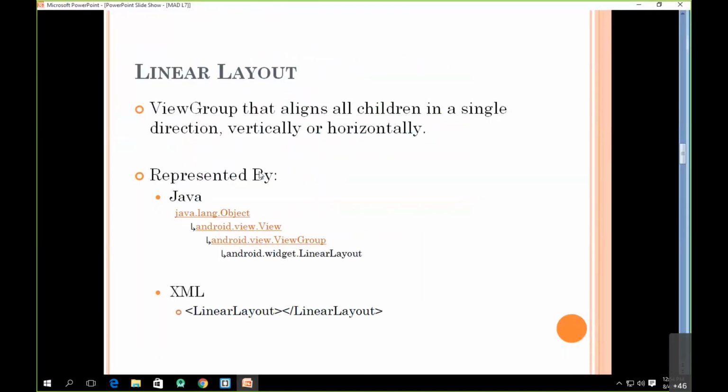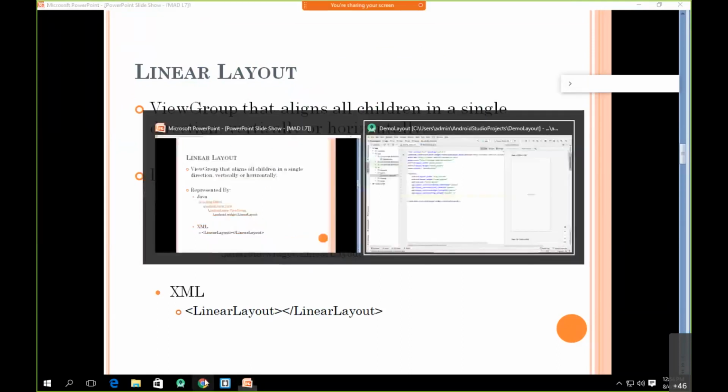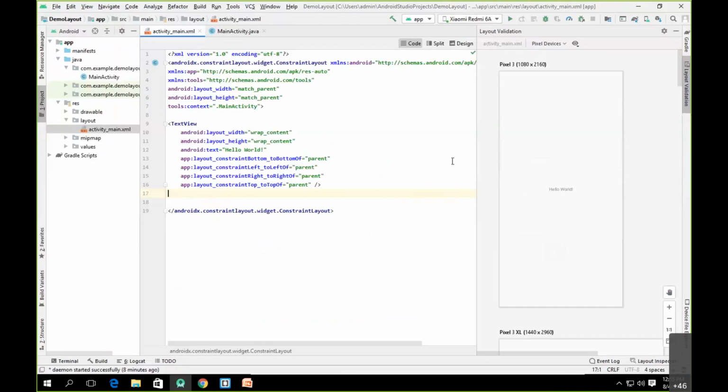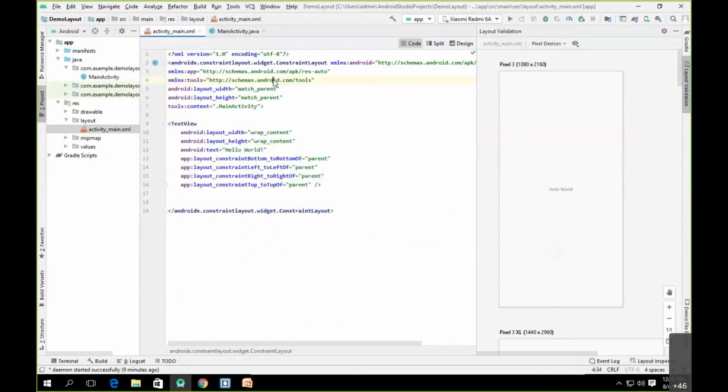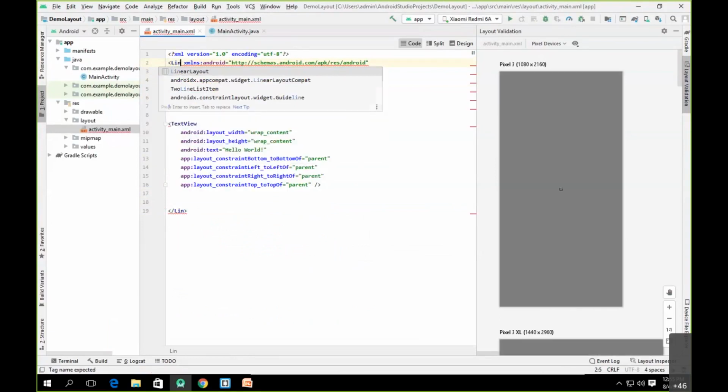Now, what we are going to understand now is the linear layout. So we want to understand what we mean by linear layout. In order to understand it, let's go to our XML. Now, as you can see here, whenever we create a new activity, by default, the layout chosen is a constraint layout. Since we are going to understand the linear layout, I'll simply delete this part and call this a linear layout.